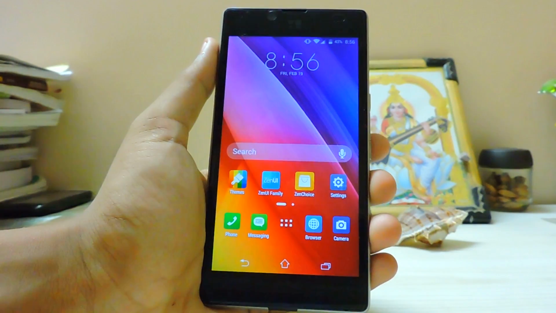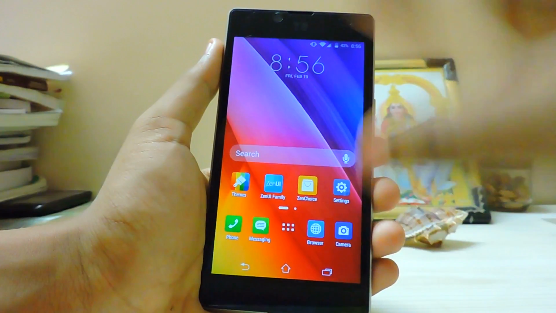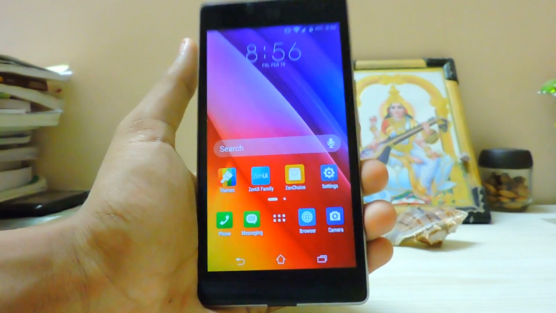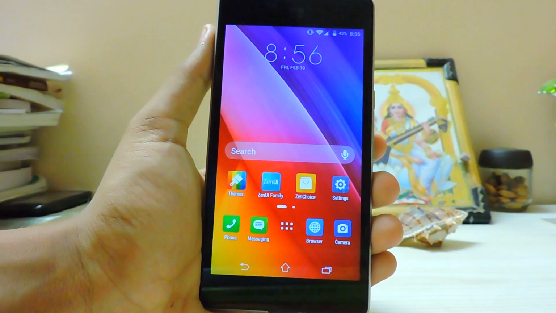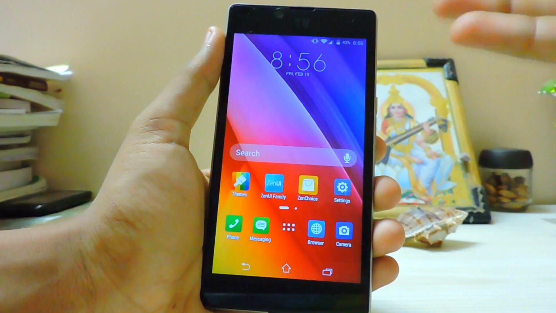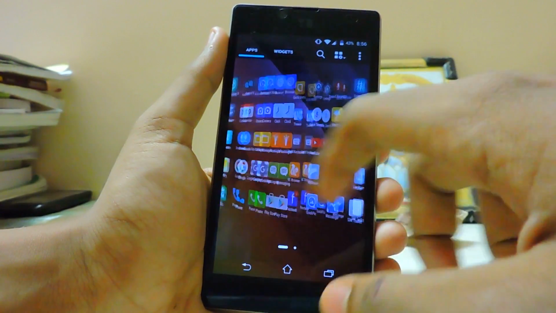So I pretty much made a review for my Asus Zenfone ROM, but I have some issues in packing that into a flashable zip of CyanogenMod 12 with the GApps. So I made a backup, but I will show you how to install it in case you don't know. I love this ROM.